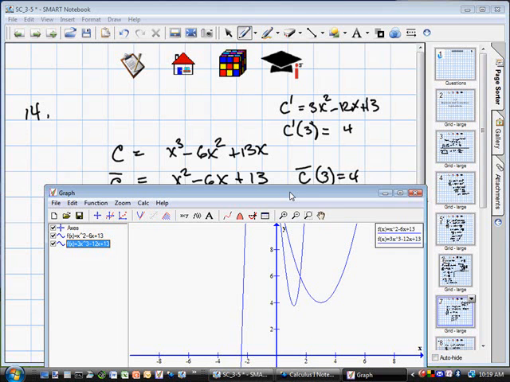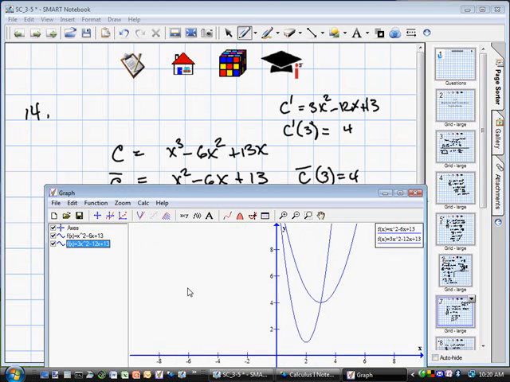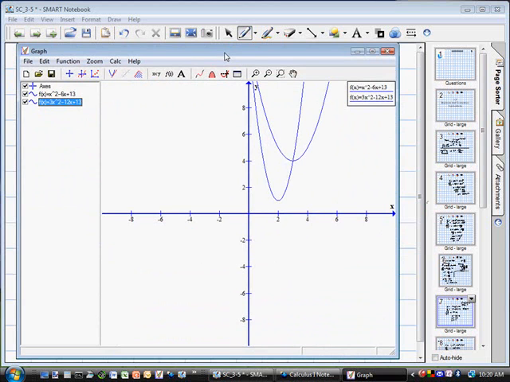Let's see. X squared minus 6x plus 13. Oh, thank you. That's the problem. There we go. Now it should be obvious that both curves go through the point 3, comma 4, right here where my arrow is. 3, 4. Sure enough,